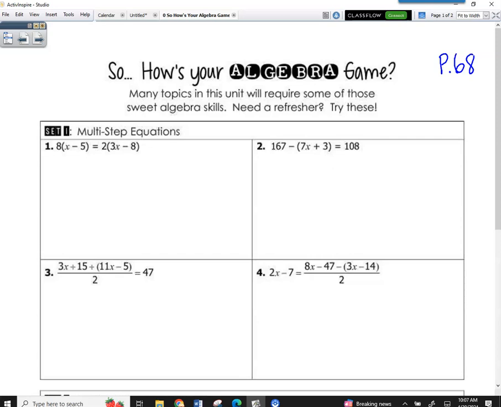So the first four questions are just saying, hey, solve this multi-step equation. You need to remember that before you can solve equations, you have to simplify them. Simplify the right side, the left side, before you start moving things to opposite sides, because that's the process of solving. So like number one,